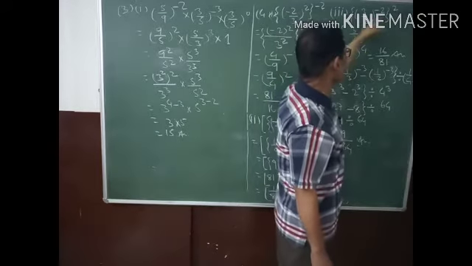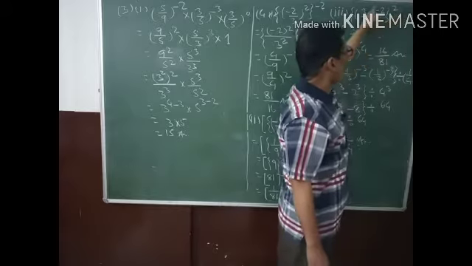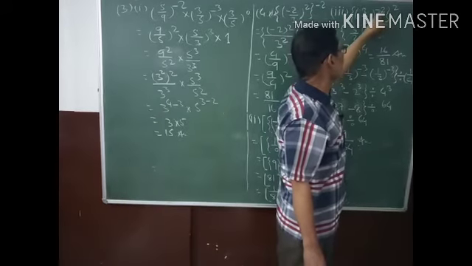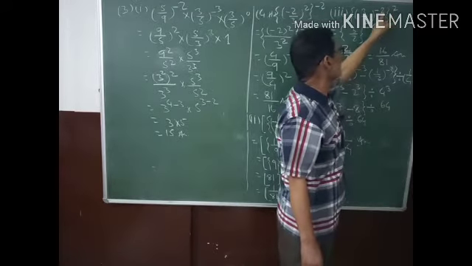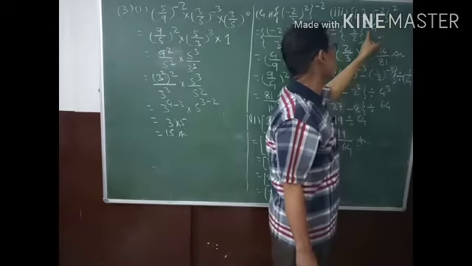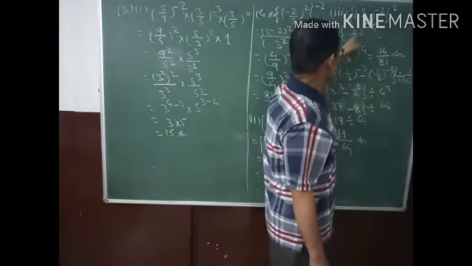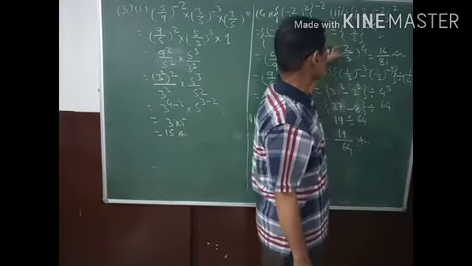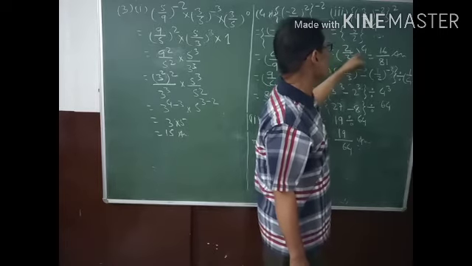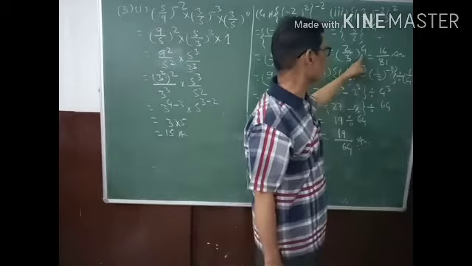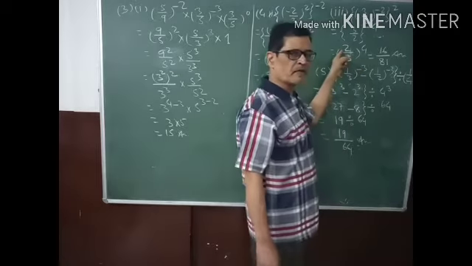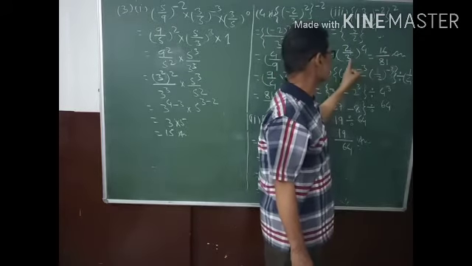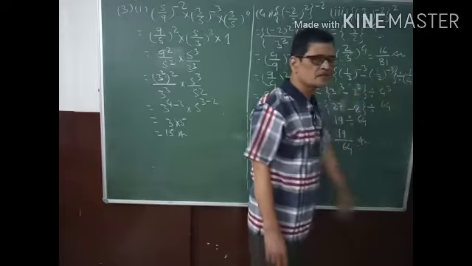So this can be... I am here applying the 6 laws. You can multiply 2 into 2. This will become minus 2 into 2, minus 4. 3 by 2. To change it into positive exponent, write the reciprocal of 3 by 2. This will become 2 by 3. Then the exponent will become positive. Now multiply 2 four times and 3 four times. This will become 16, and this will become 81. This is the answer.